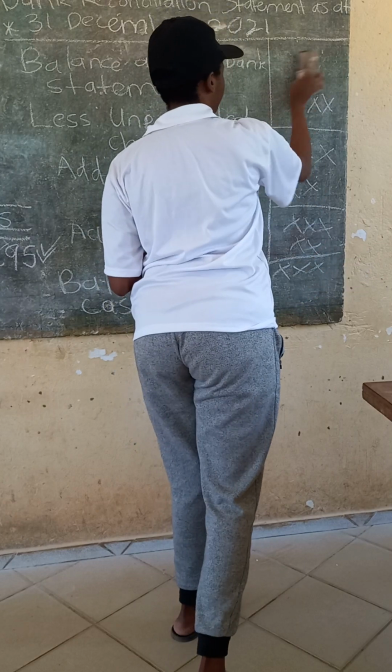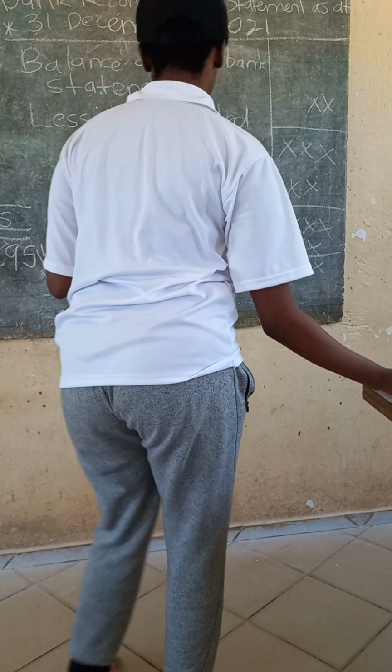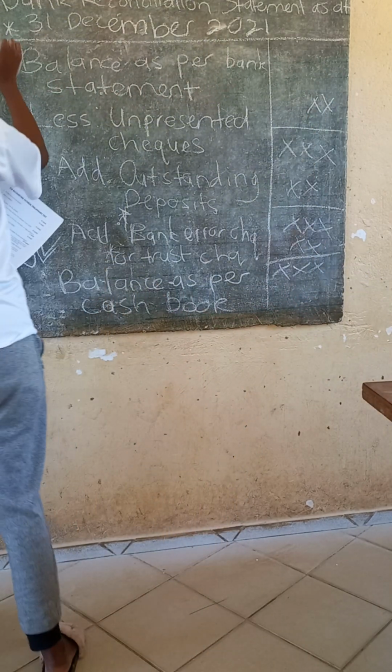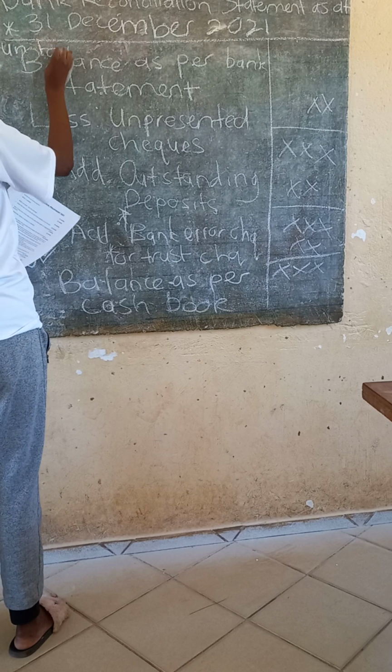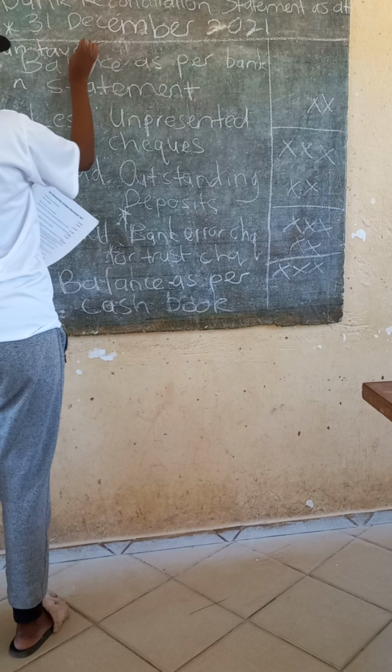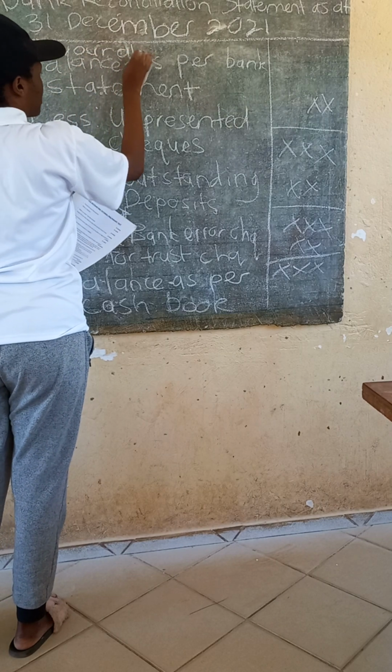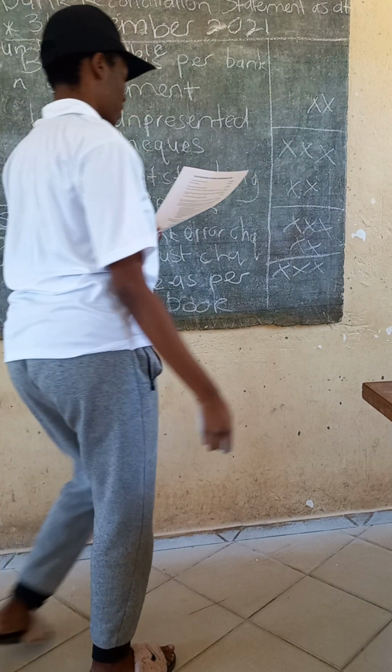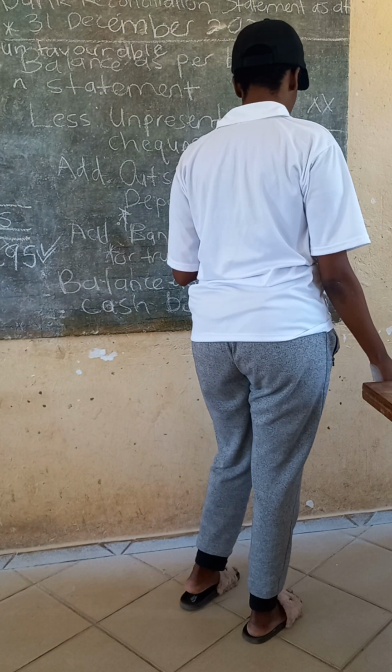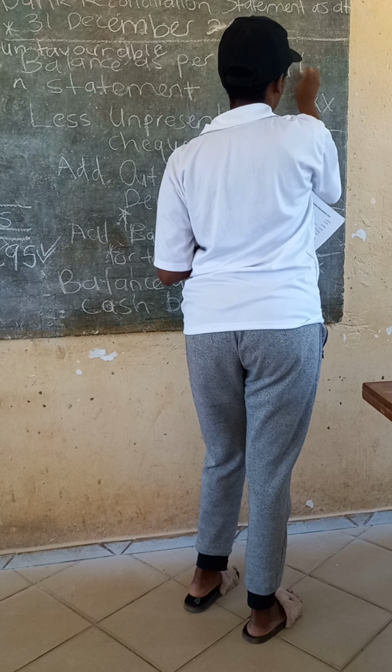And so the balance as per bank statement is an unfavorable balance. So we have to add these words and then put it in brackets to indicate that it's a negative balance of